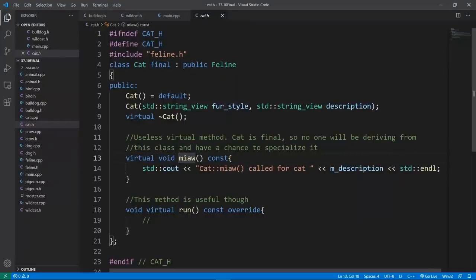Why is it useless? It is virtual, and marking it virtual means that you at least want people inheriting from this class to inherit it and use it. Or even better, you want them to have the ability to specialize or override this method and make it do more specialized things. But you can't really do that because you can't derive from this class altogether. So this is something that C++ allows us to do, but this is a useless method which will never be used in any way. So this is something I want you to be aware of, but this is going to